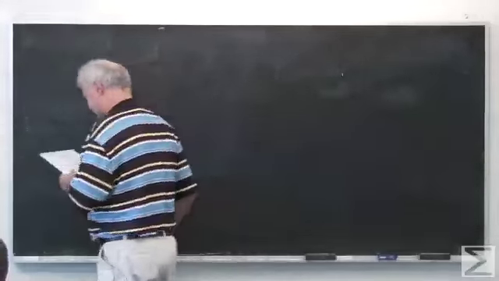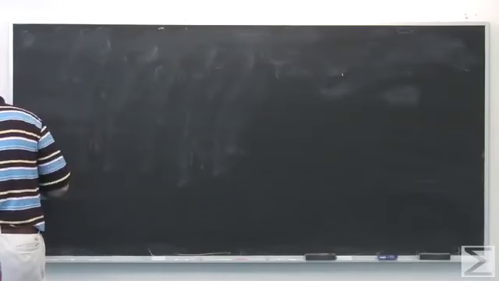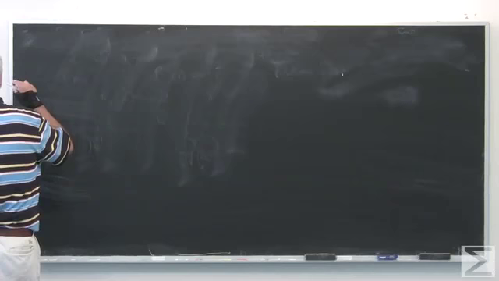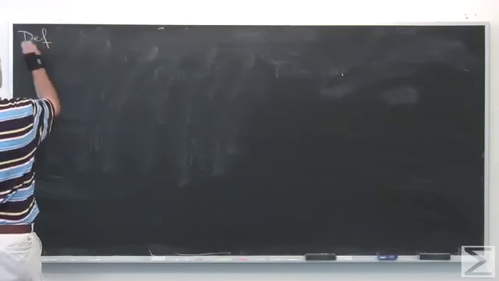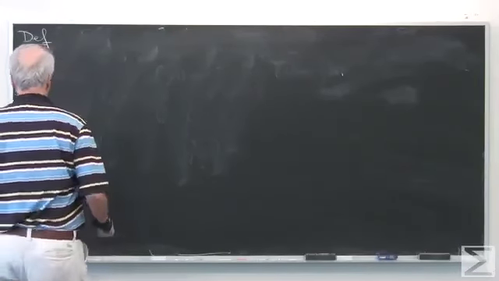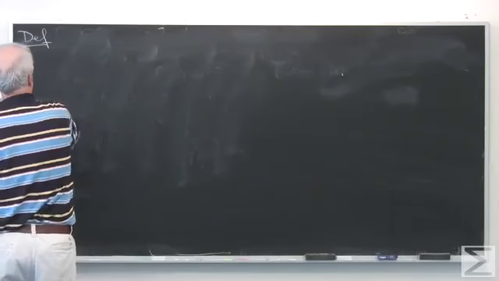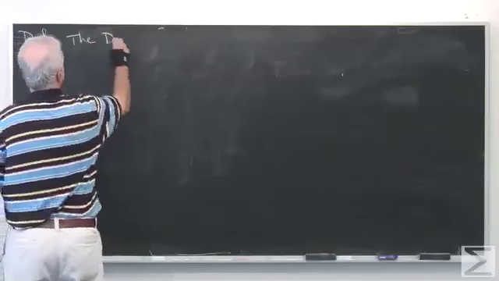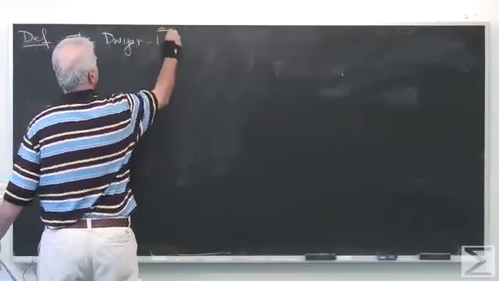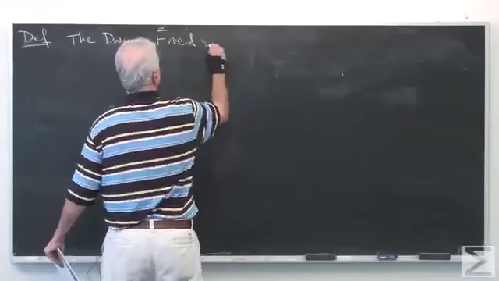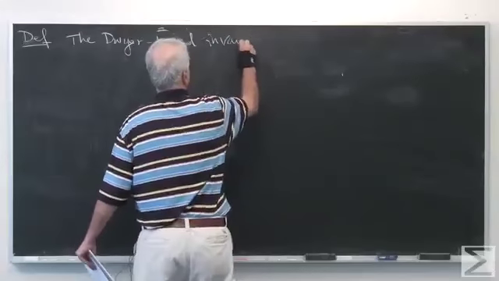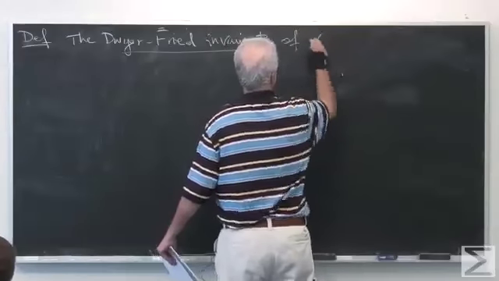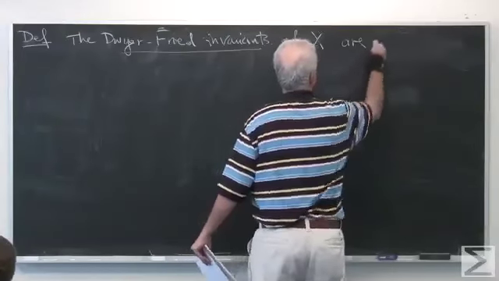And then there is a proof using commutative algebra. But let me first make a definition. So, definition. Let me define, following what they do there, the following sets. The Dwyer-Fried invariants, and I'm going to explain the terminology in a second, of X are the subsets